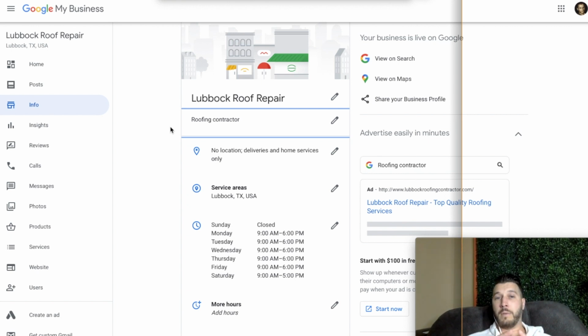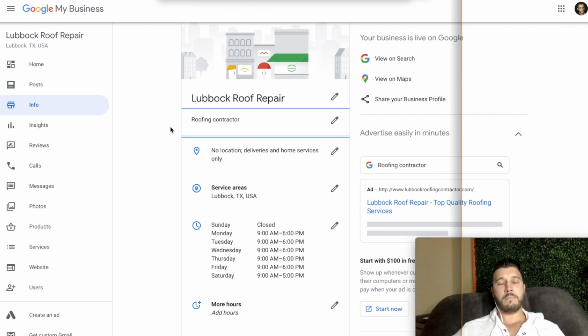There are some new algorithm updates, especially with reviews, okay? And I'm sure some of you that are in this game might be seeing this right now. There's a lot of reviews being filtered out. This GMB used to have, I think, almost 20 reviews, maybe a little more. I can't remember exactly. That was really enough that when we built those and dripped those in, with everything else we were doing, and our off-page stuff, it really boosted us up for a lot of keywords. We were #1 for Lubbock Roofing Contractor, #1 for Lubbock Roof Repair, #2 for, I think, Lubbock Roofers,